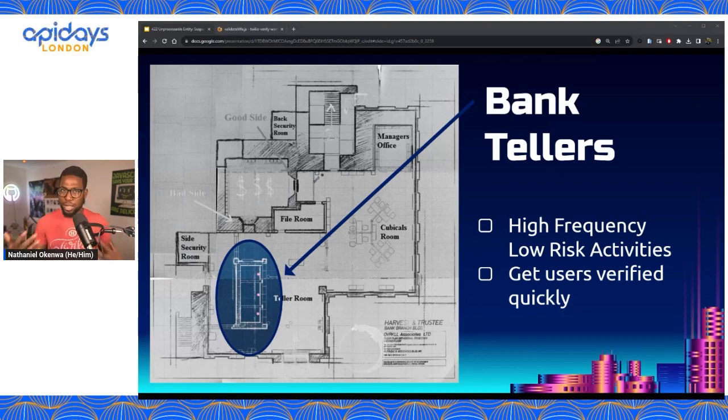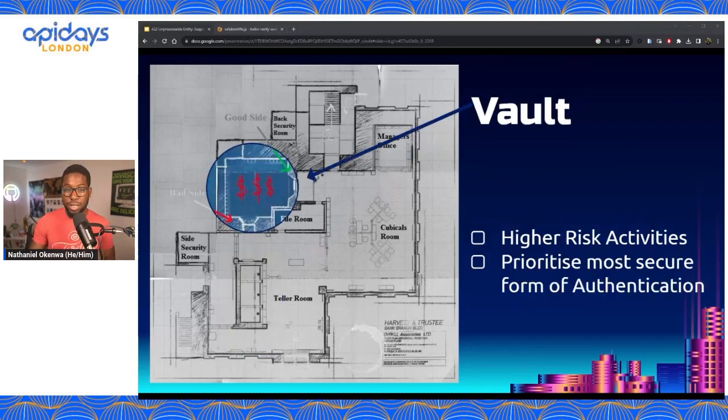But then there are times when people want to do actions that require an extra level of security. This is where things go in the vault. This is where there are higher risk activities, and you want to prioritize a more or even the most secure form of authentication. You want to keep things extremely secure. So, this is where you need to look at your platform and the activities that users are going to be doing on it and decide what needs to be with the bank tellers, what needs to be in the vault.